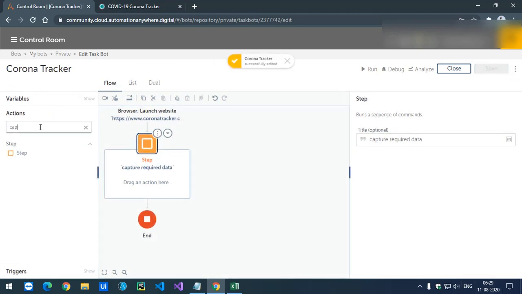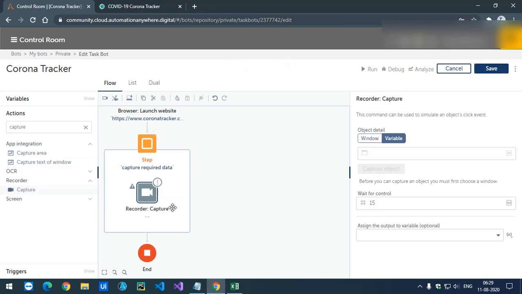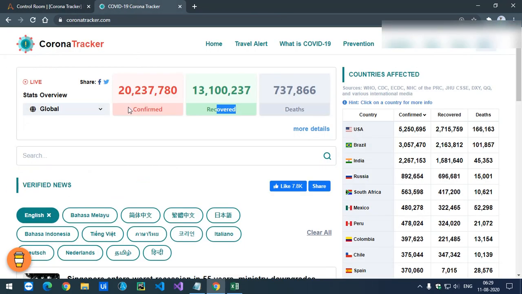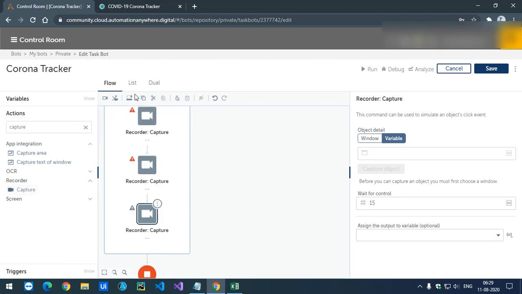Then I'll use the recorder capture action. We are going to capture confirmed, recovered and deaths, so we need 3 capture actions. So 1, 2 and this is 3. Okay, this is good.